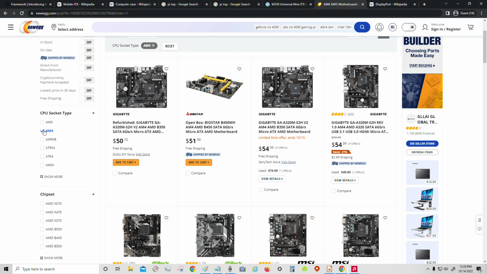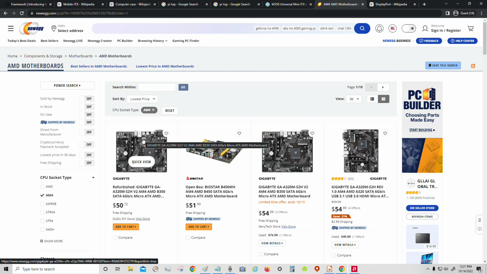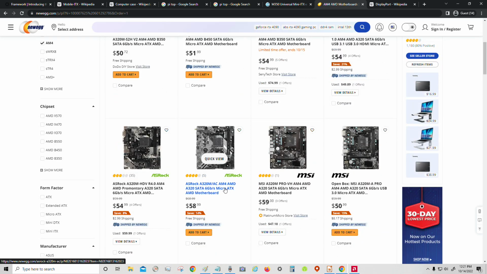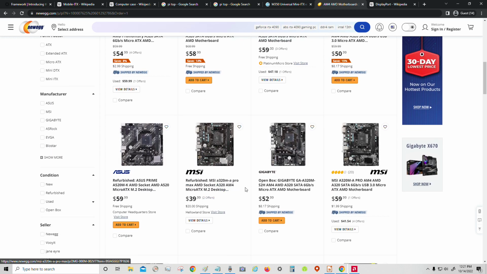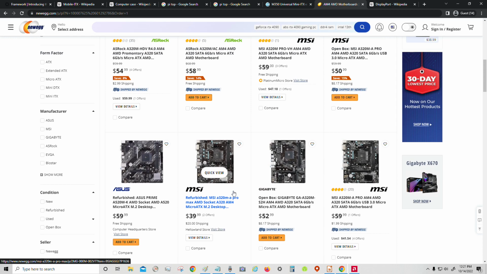In fact, I can even give you an example here. This is the AM4, which is about 5 years old, maybe 6 years old. I have one myself, and I spent about $40 for it. I remember it was an ASRock, something like this. So adjusted for inflation, they don't cost that much more. I mean, here there's one for 39. Well, I guess with shipping.